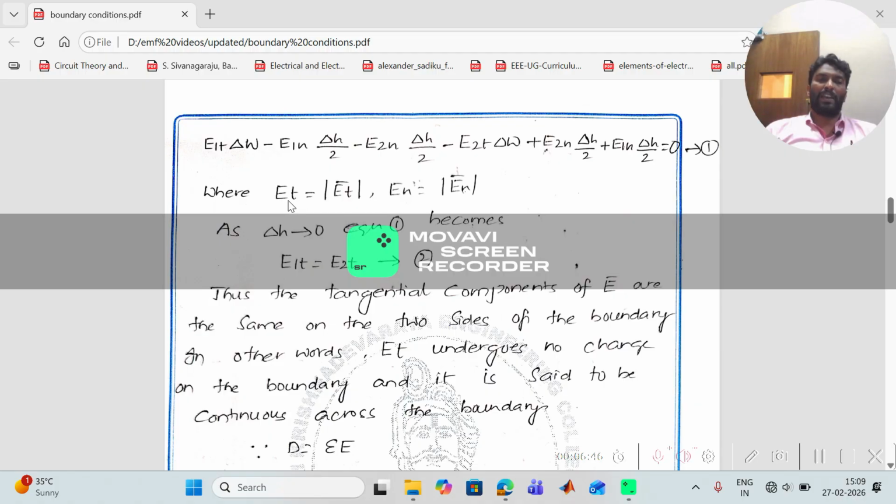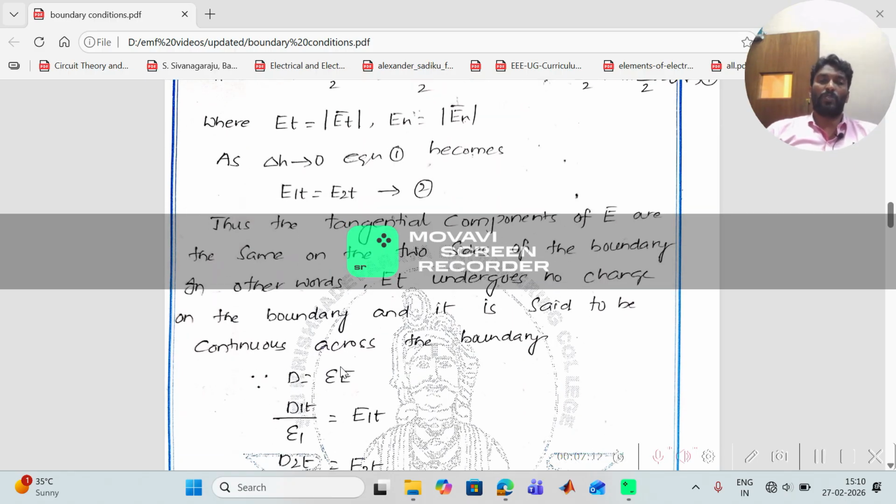So here we can write that the tangential component of electric field intensity is the magnitude of Et, and En is the magnitude of En. In this case, we can write that with del H tending towards 0, the first equation becomes E1t is exactly equal to E2t. Which says that the tangential components of E bar are the same on the two sides of the boundary, or in other words, E undergoes no change on the boundary